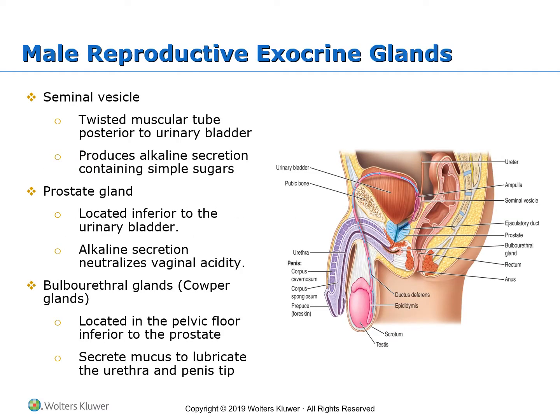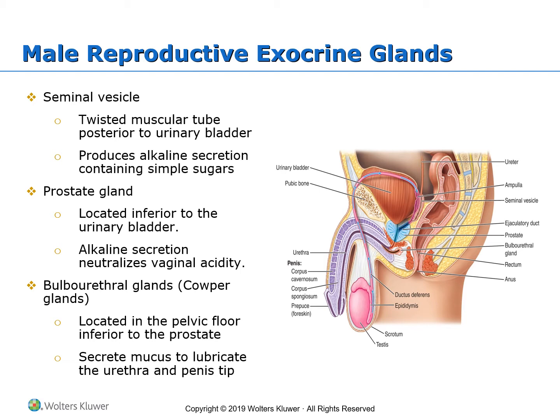Now, what are those accessory organs that are considered glands contributing to producing the semen? We will start first with the seminal vesicles. There you can see them colored in a purplish color, just behind the urinary bladder, kind of on top of it. The seminal vesicles can be described as a twisted muscular tube with a lot of outpouching. They are about 3 inches long, attached to the posterior wall of the urinary bladder,